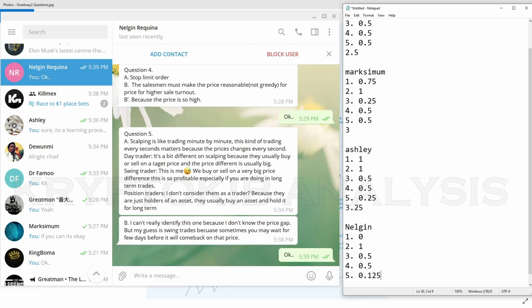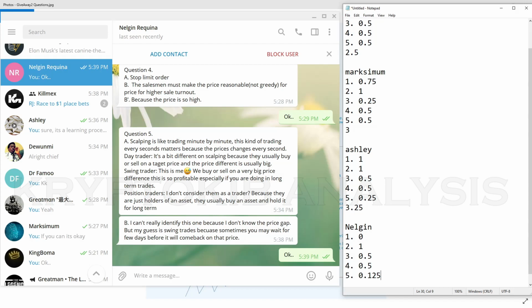Then this swing trader, this is me, we buy. The profit margin doesn't really matter. Yes, it's not about the profit margin. You can day trade and take 30%. We've been seeing huge spikes in crypto these past days. The same profit a day trader will make is the same profit a swing trader will make. You can hold your trade for 1 week, and price will rise by 90% in just 1 day, and the next day, price will keep dropping back, whereas a day trader will take the full profit on that 90%. So the profit margin doesn't matter. It is the time period that matters.